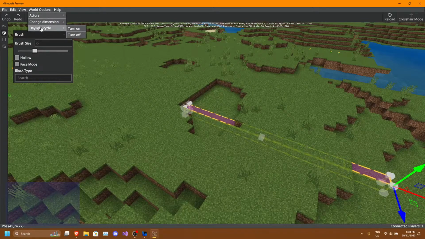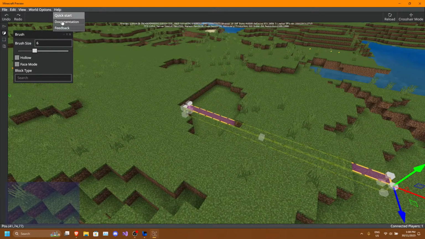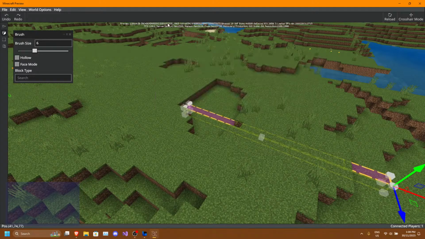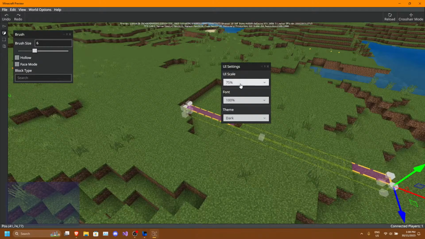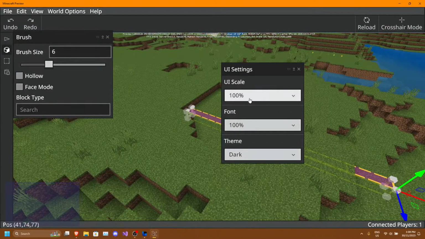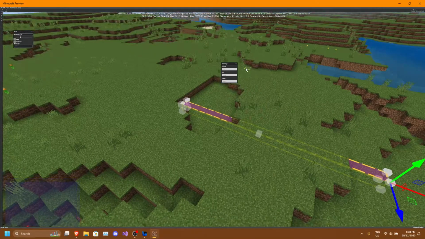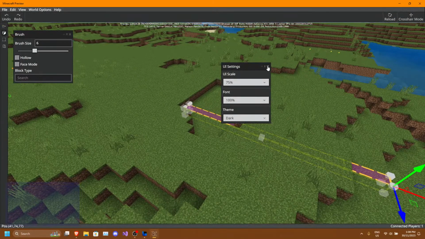Nether and daylight cycle turn on and off. There's not much has changed. We've got that same log panel. Can we resize these windows? No, we can't. Oh, that sucks. Bro. What UI settings? Oh, we can change this, but no. 75% is this? How small can we make? Okay, I'm not gonna mess with that anymore.